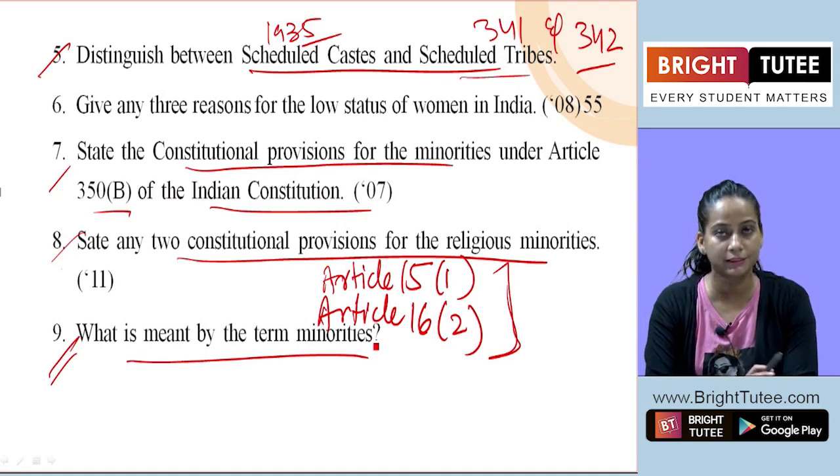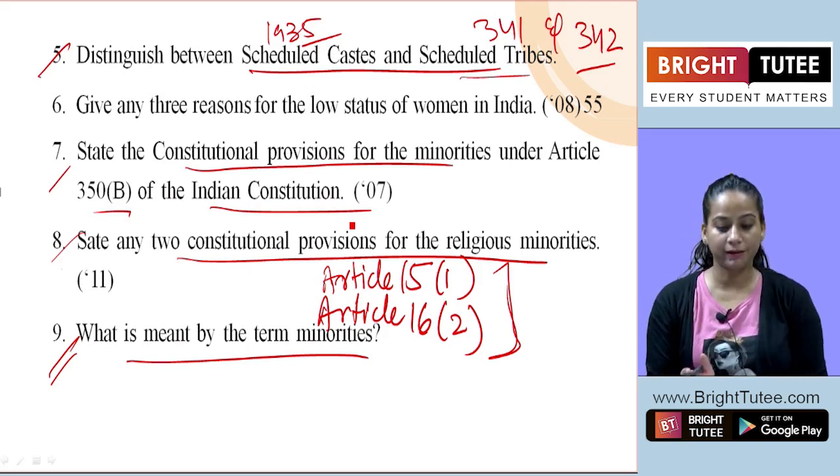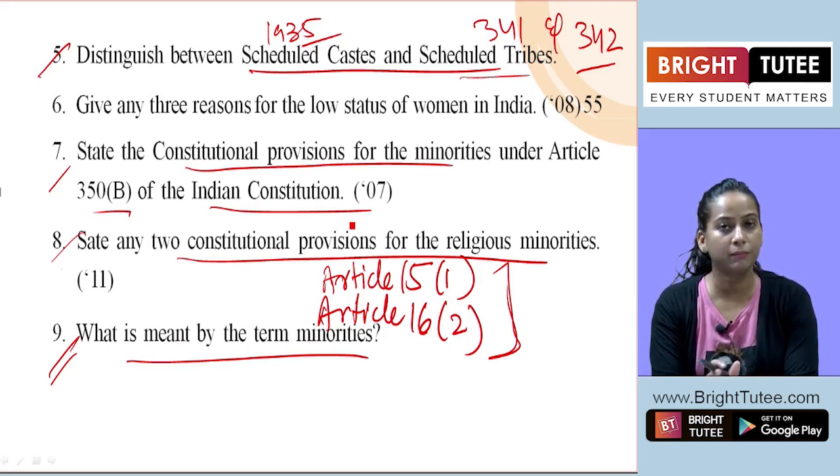The next one, they have asked what is meant by the term minorities. Although we have already discussed it in the very short question answer, the same you have to write down here, that it is a term which is difficult to define with any degree of precision. It may refer to a relatively small group of people dominated by a predominant majority. And beside that you can mention these are the group of people who have smaller population size and are differentiated on the basis of their features like race, caste, language, religion, etc.